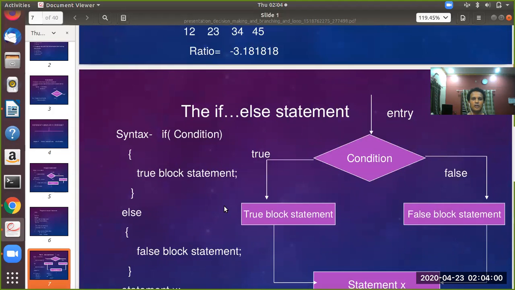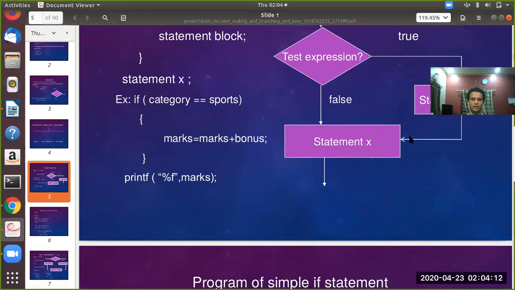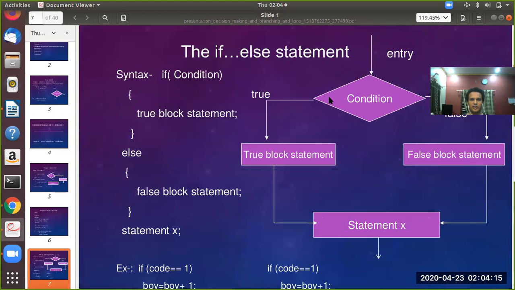In the previous slide that is shown, a simple if condition, opening flower bracket and closing flower bracket, and within that a group of statements is present, then it is called a simple if statement. In case an if statement along with a condition, opening bracket and closing bracket with a block of statements, and as soon as the first flower bracket of the if statement is closed, you find another statement called else with an opening flower bracket and a closing bracket and having a set of code within those flower brackets, then you call it an else block.